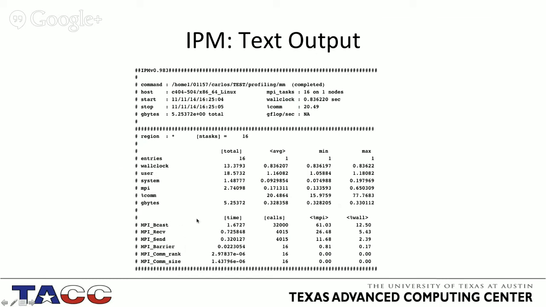But the interesting part is that you can come down here to this bottom section, and now you see what percentage of wall time, and what percentage of the MPI time, each of these functions that appear in the code took. It will not tell you on which line in the source code they appear, but it's a good start to see, okay, I'm doing a lot of broadcasts. They're actually taking 60% of my execution time. So go to your code and figure out why you're broadcasting so much data, because there might be a better